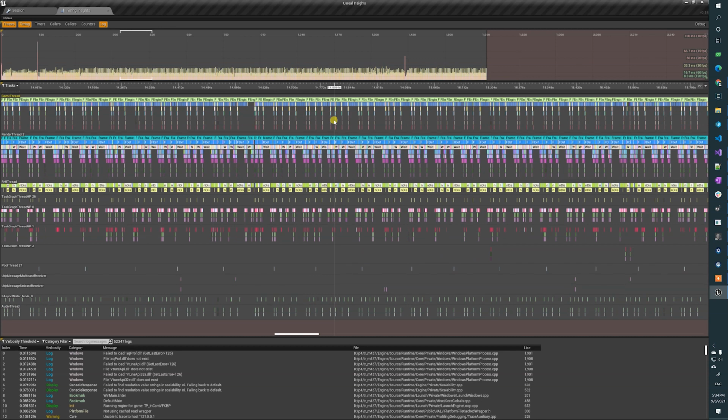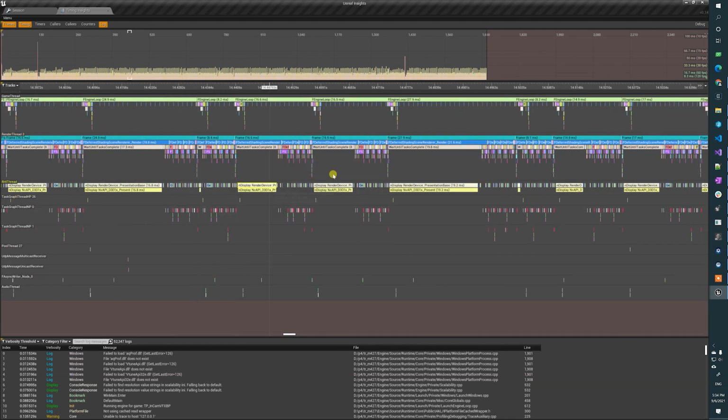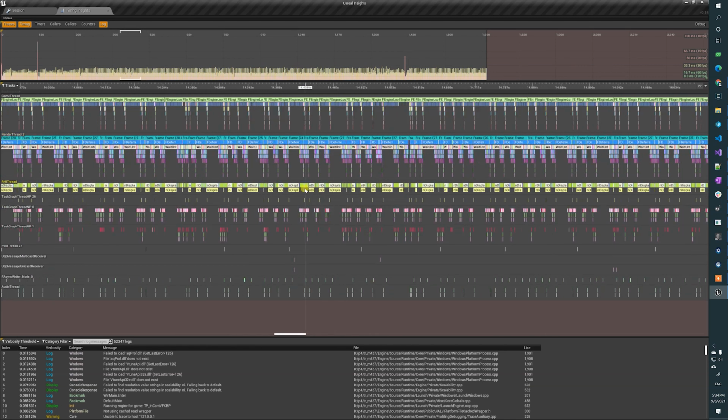So this had no extra command line arguments to tell Unreal Insights what to show in here. By default, it'll show CPU traces, which gives you some information.